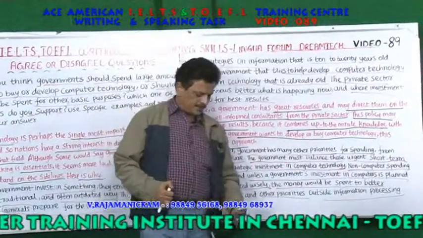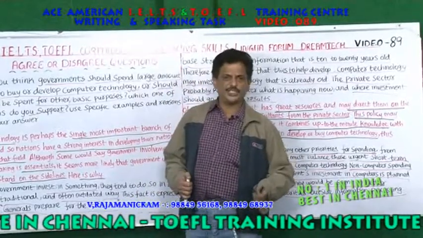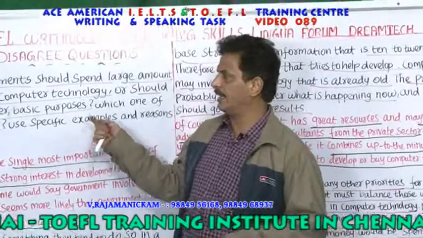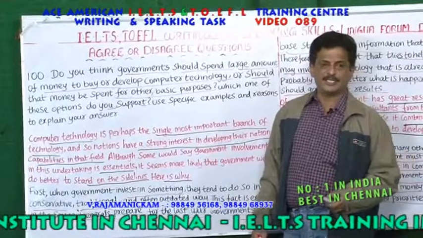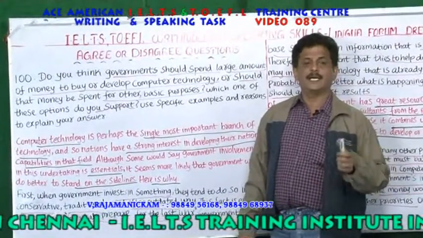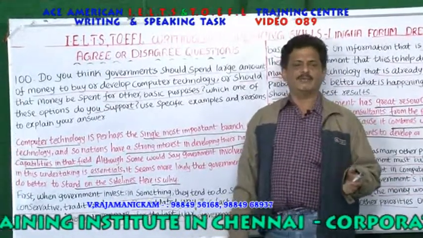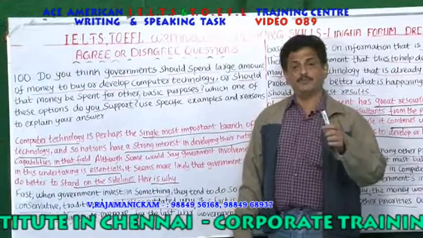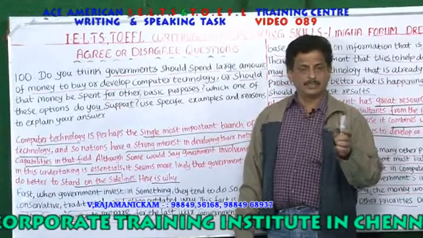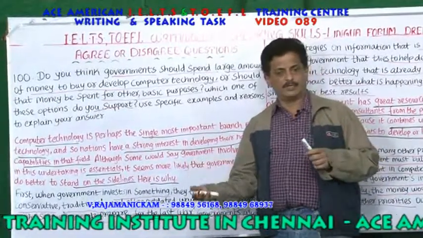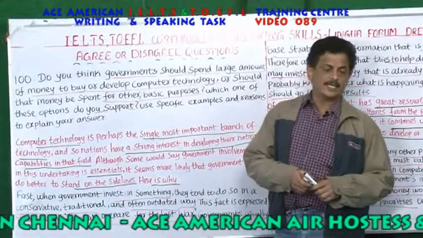So my dear friends, here the government should spend the money on computer technology or on other traditional ways of investment. So what do you think? This writer has argued that the government should take care of other important needs, and computer technology should be left to the private sector. But even if they want to invest, let them get the advice of private people to invest their money in computers. So there should be strategic thinking to invest the money for non-computer arenas and for the computer side. With this, let us start our discussion.